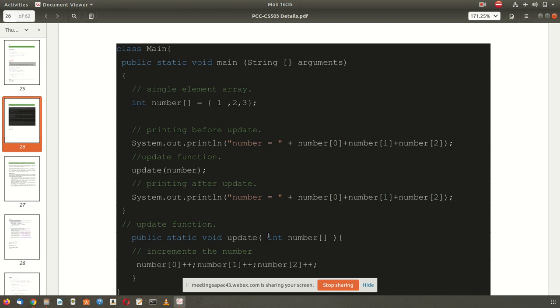But when you create a class, an object variable, an array, or a string with the new keyword in Java, and you give this variable to a function definition, the function definition has a formal argument.